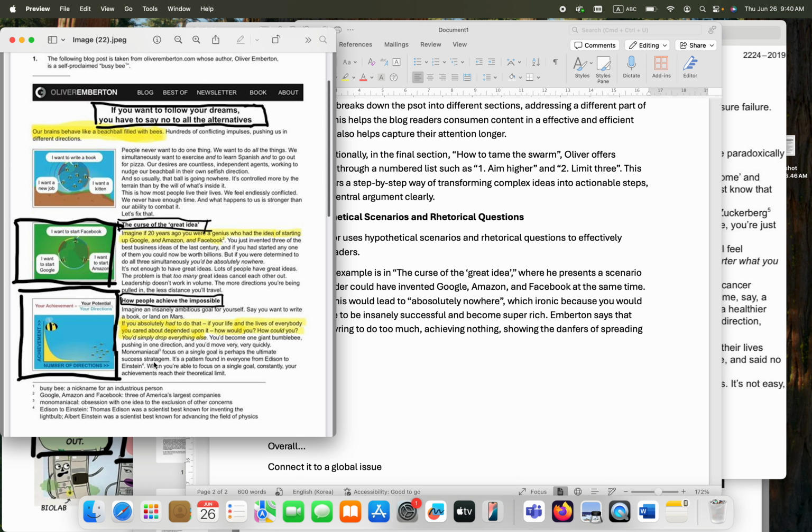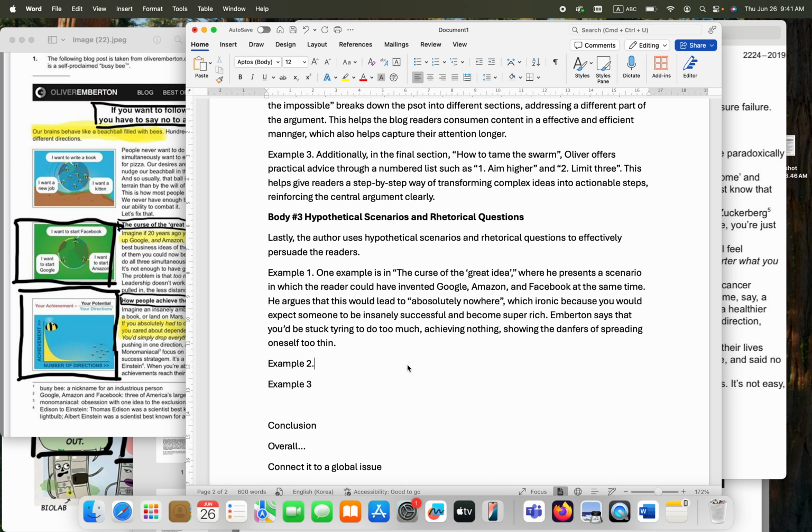So this, well, it invites the reader into a moment of imagination, right? And it makes it more emotional to the reader. And it implies that we are capable of great achievements if only we eliminate distractions. So it makes the readers feel as if they can achieve anything they want, which is good, right? Which helps capture their attention and persuade them. So we can just say,